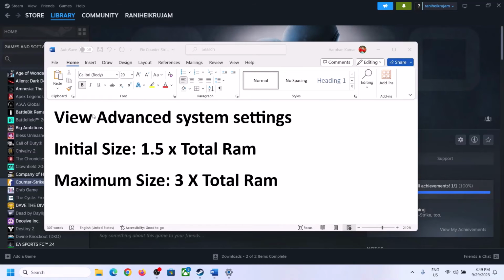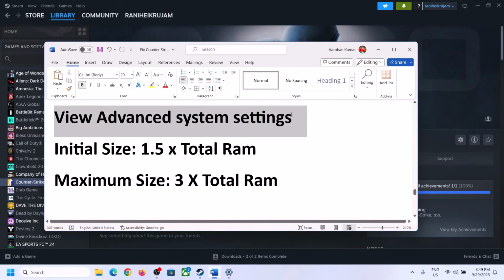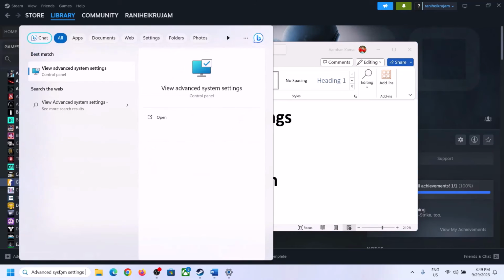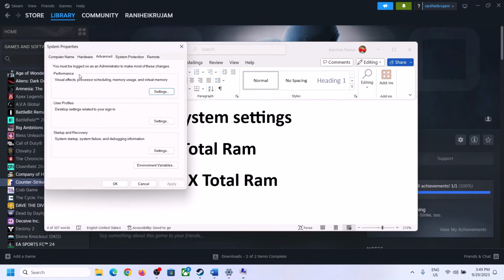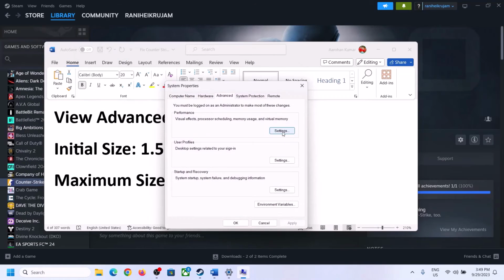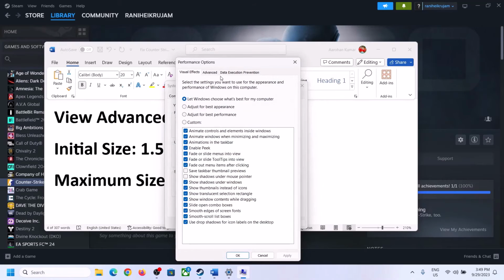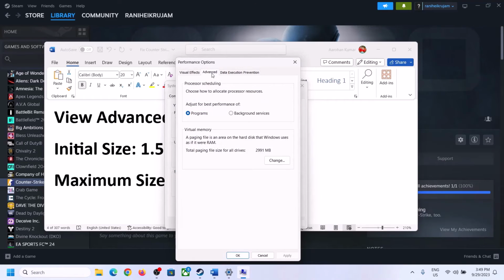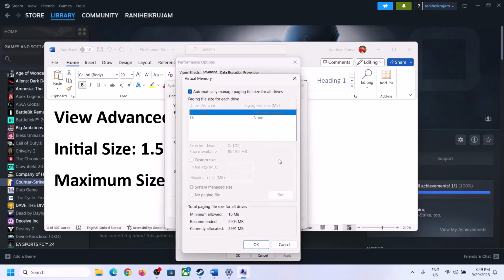So to increase the virtual memory, type in view advanced system settings in Windows search box, and then click on view advanced system settings, and then click on the first settings, and then go to advanced tab, and then click on change over here, and then select the drive. So uncheck the box which says automatically manage paging file size for all drives. Uncheck this box and select the drive where the game is installed. So select the drive, and then once you select the right drive, now put a check on custom size